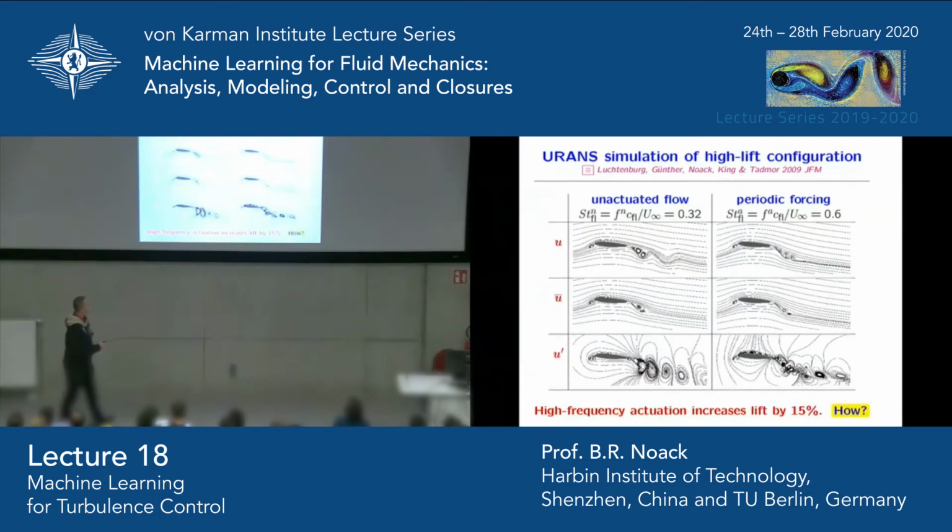If you do some periodic forcing with a frequency which is 80% larger, then you get a much more streamlined configuration. In the average, there is just a small fluctuation, and the fluctuation which remains is high-frequency shear layer structures, which you see here. So this gives rise to a 15% lift increase, and we would like to have a dynamical model explaining